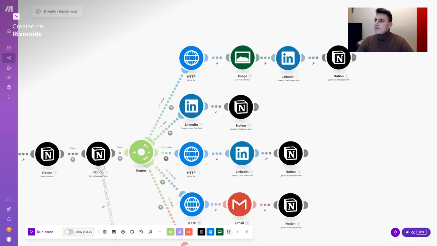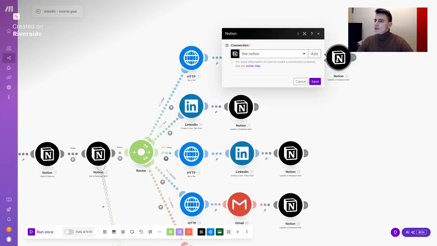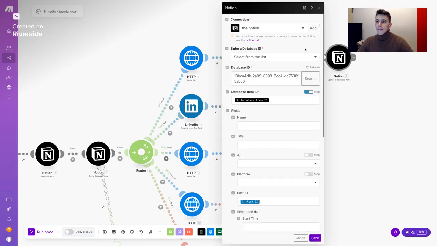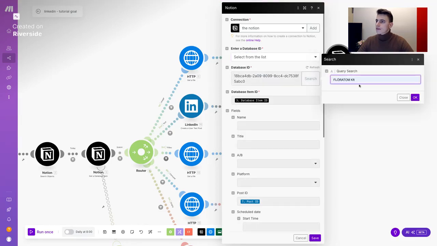So for that reason, you can add an update database item post module into this row. This database item which you want to update is the one here before, which is the base of our post. You click to this update database item. We always use the same Notion connection. The database ID is selected from the list, which means here you hit the search button and you can look at